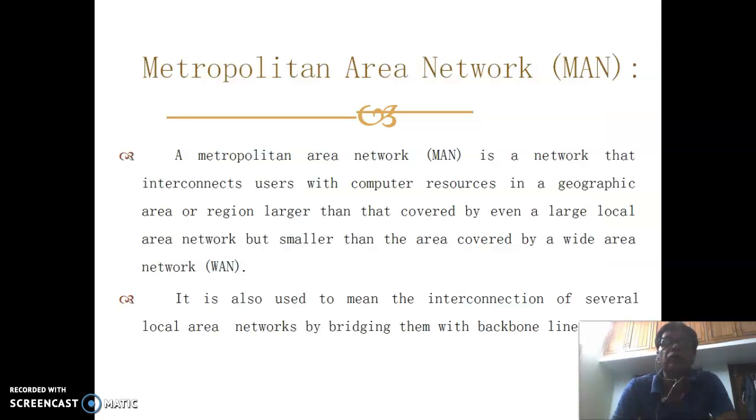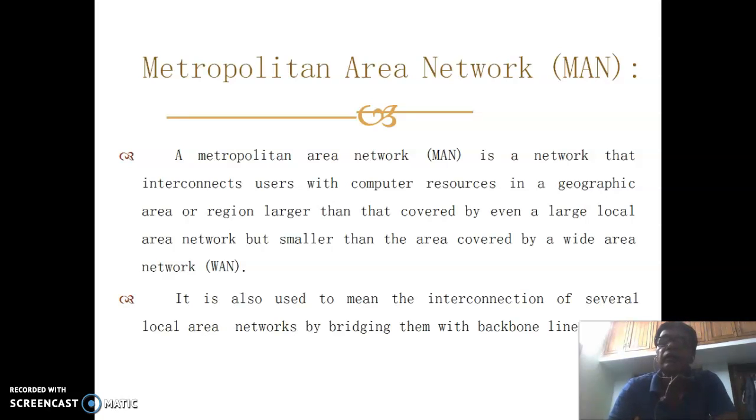Then the third one is your metropolitan area network, known as MAN. A metropolitan area network is a network that interconnects users with computer resources in a geographic area or region larger than that covered by even a large local area network, but smaller than the area covered by a wide area network.